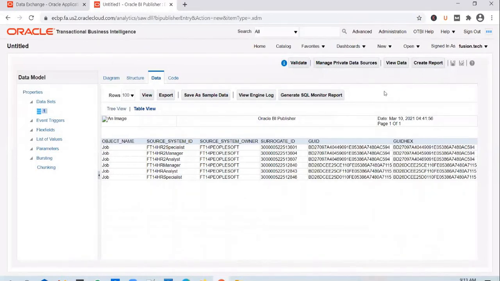You can have a different job, a different position, or a different department with the same ID. GUID will be unique across the Fusion instance, across the business objects. But surrogate ID is unique within the specific business object. So that's the difference between GUID and surrogate ID.